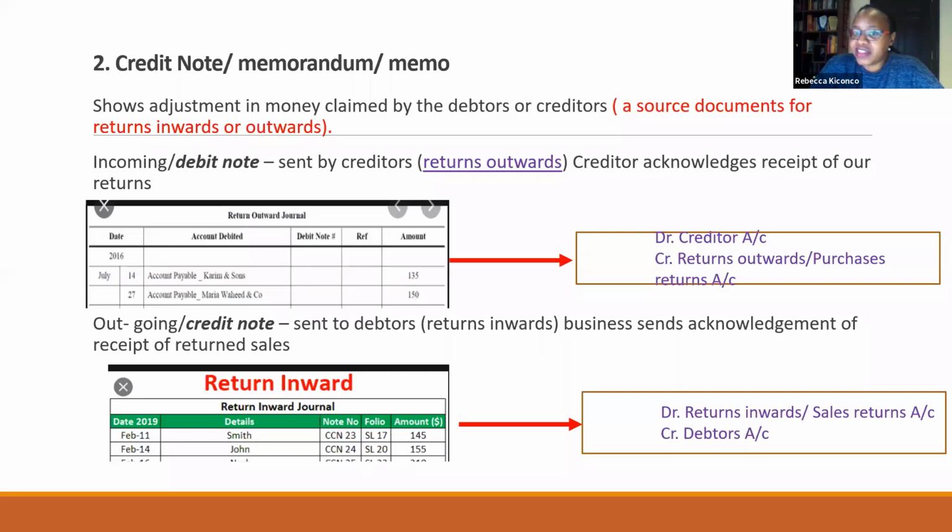Now, as I was saying, the second source document is called a credit note. Other books refer to it as a memorandum or a credit memo. What does a credit memo show? It shows any adjustments in the money that is claimed by either debtors or creditors. And usually it's a write down in either their debt